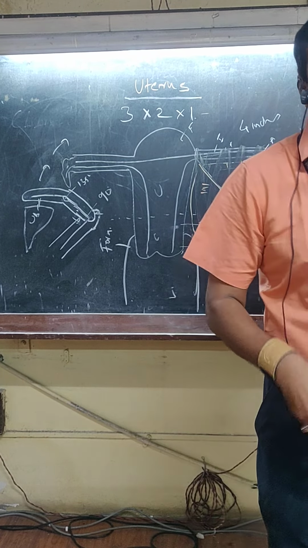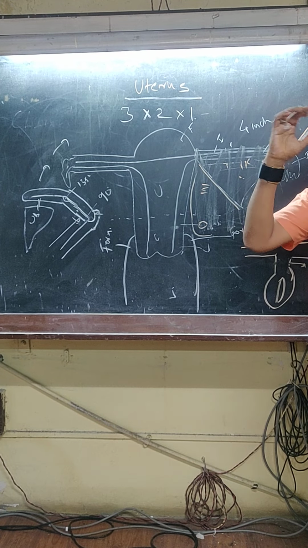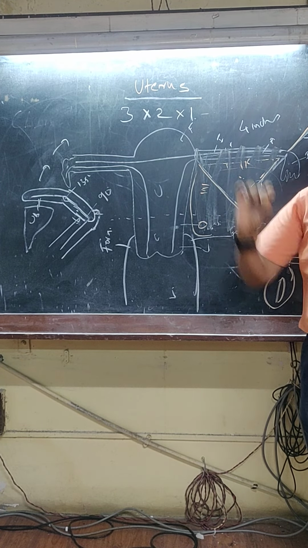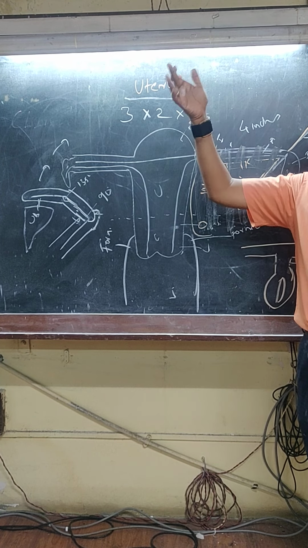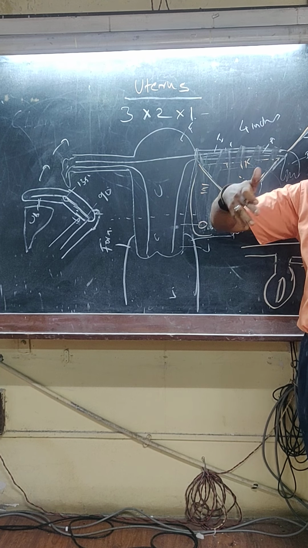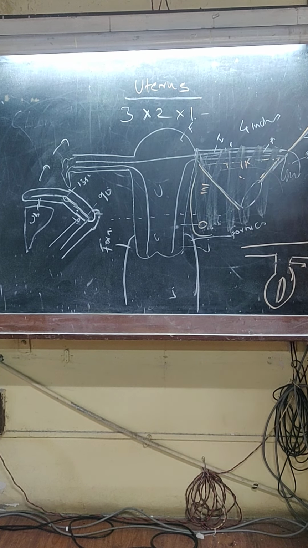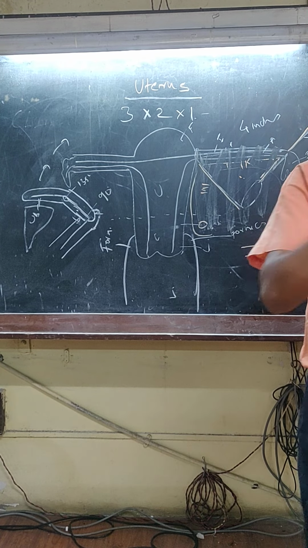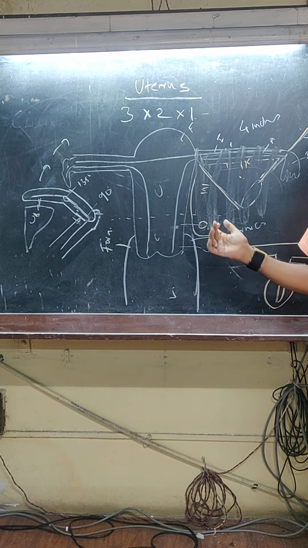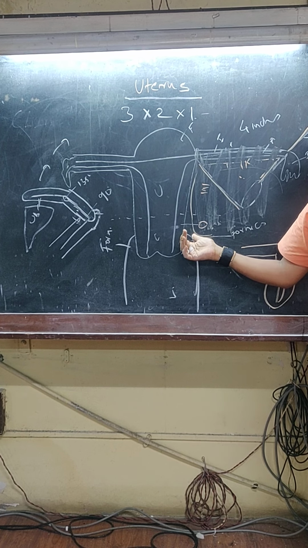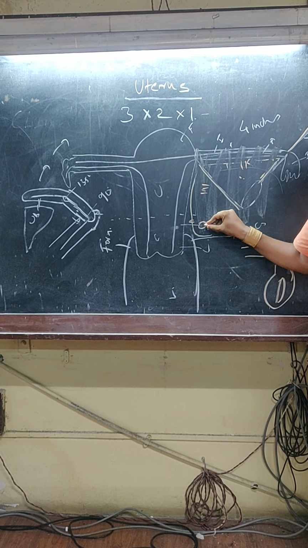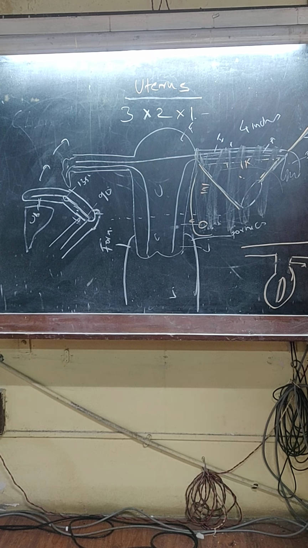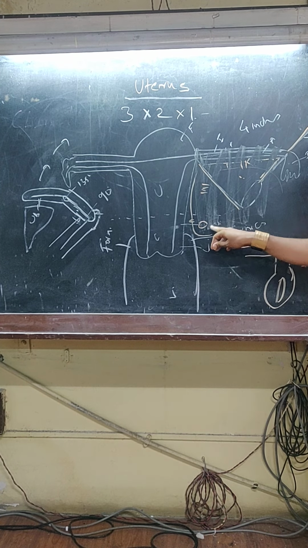Somehow medical science doesn't take it seriously. But if there is gender sensitivity, I would go for uterectomy. Because in previous ages, when it was a completely male dominant society, they put that females are hysterical, so this is their organ and removal of that organ is called hysterectomy. The word comes from hysteria. So during uterectomy, one has to ligate the uterine artery. And at that time, the ureter should not be ligated. Ureter should not be ligated.